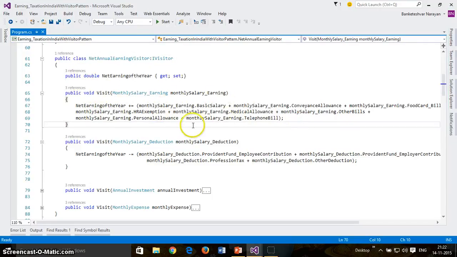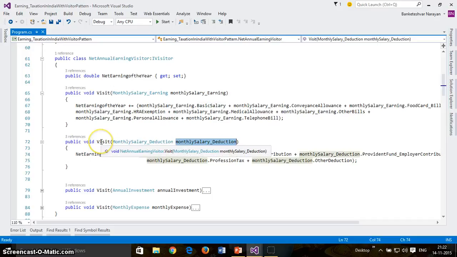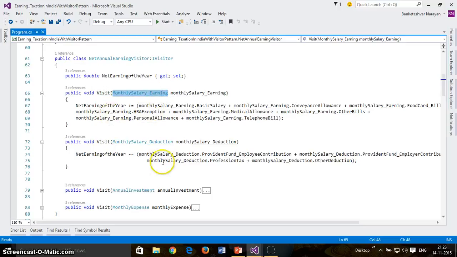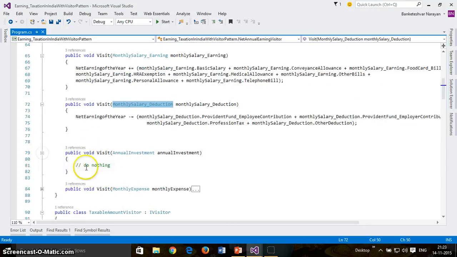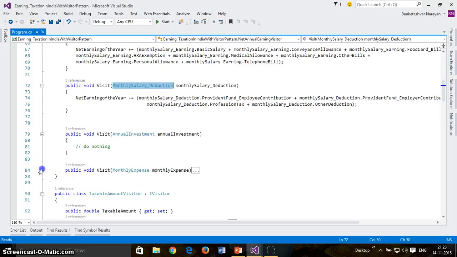I have just used the widget method, and inside the widget I have written the logic of net earning of the year, adding all those things. As you can see, when I was creating the visitor, I created a widget method which can accept arguments of type monthly earning, monthly deduction, annual investment, and annual expenses. But I'm not doing anything with some of them, so I have written just do nothing.